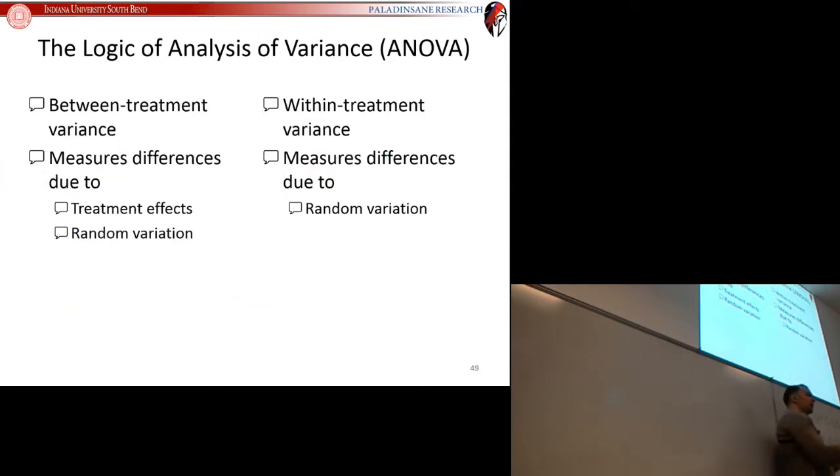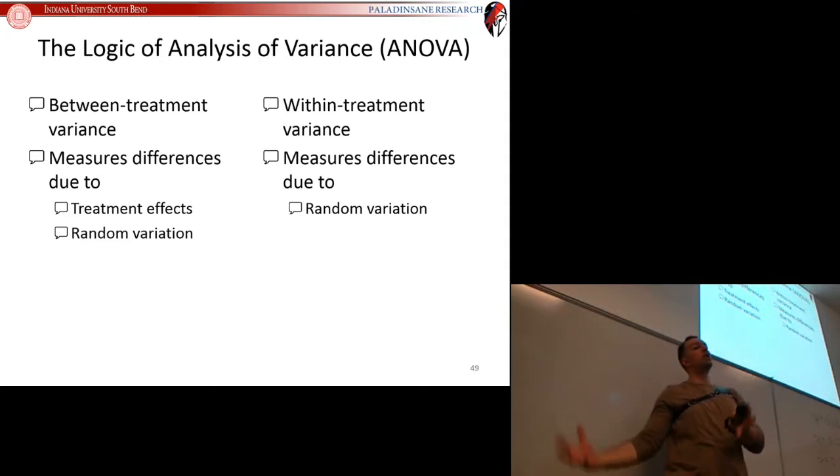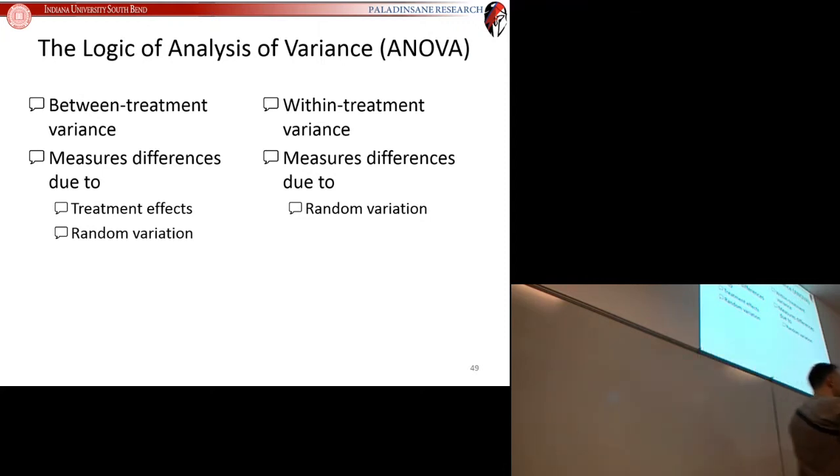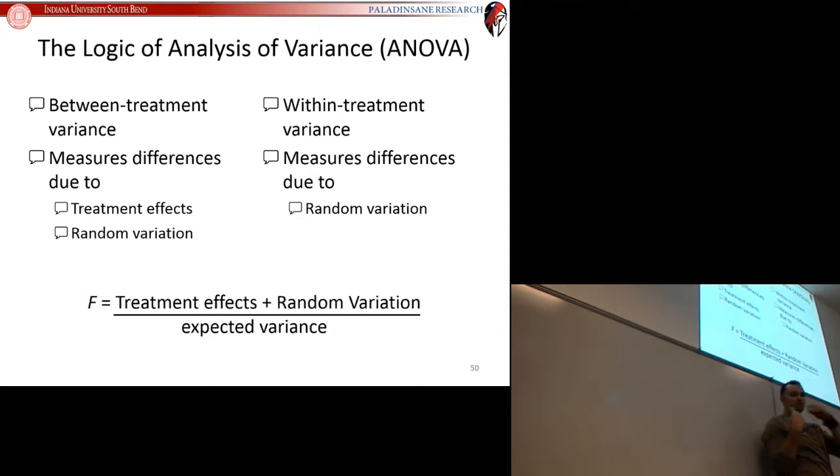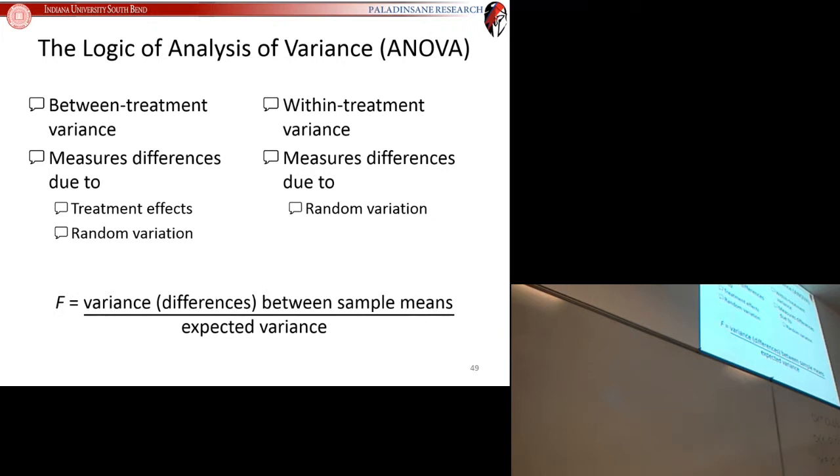So now we have a number for between treatments variance that comes from treatment effects and random variation. We can also measure how much within treatment variance is. That's just due to random variation. And then we can calculate our F statistic that looks at how much did we find between the samples and how much variance could we have expected. So the F statistic, you can see it as the variance between sample means, this between treatments variance,